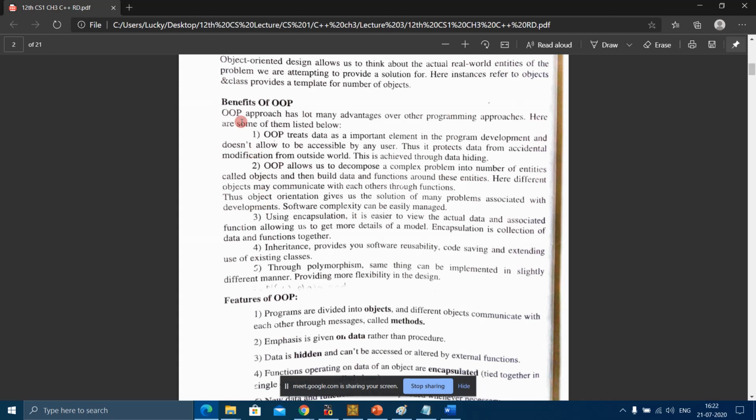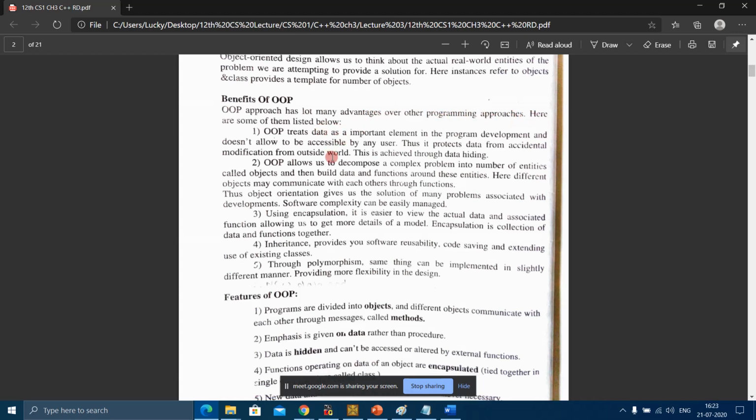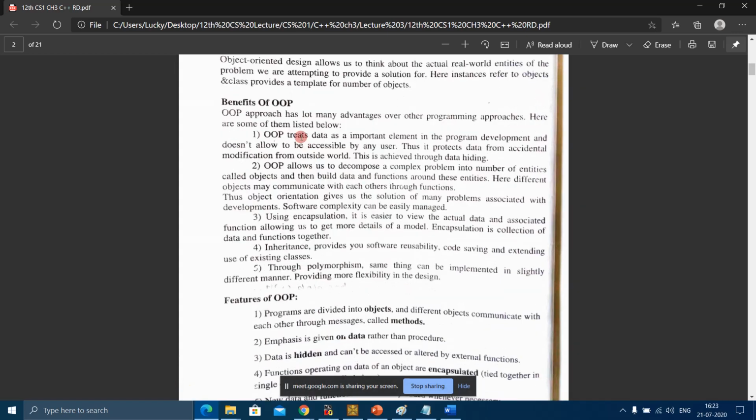Okay, now let's discuss the benefits of OOP, object-oriented programming. The OOP approach has many advantages over other programming approaches. Here are some of them listed below. OOP treats data as an important element in the program development and doesn't allow it to be accessible by any user.